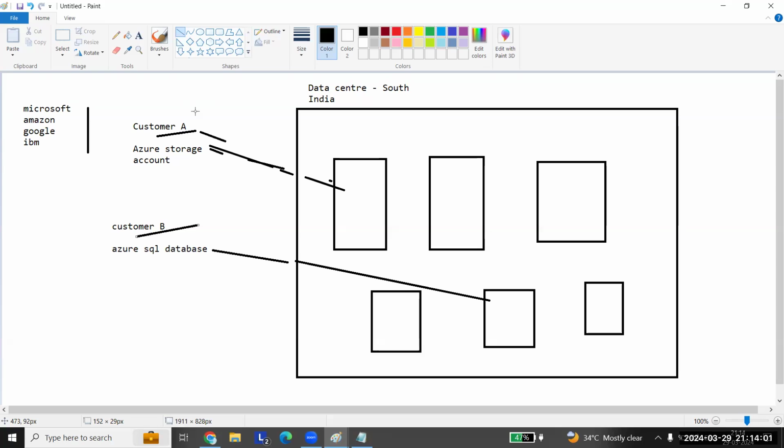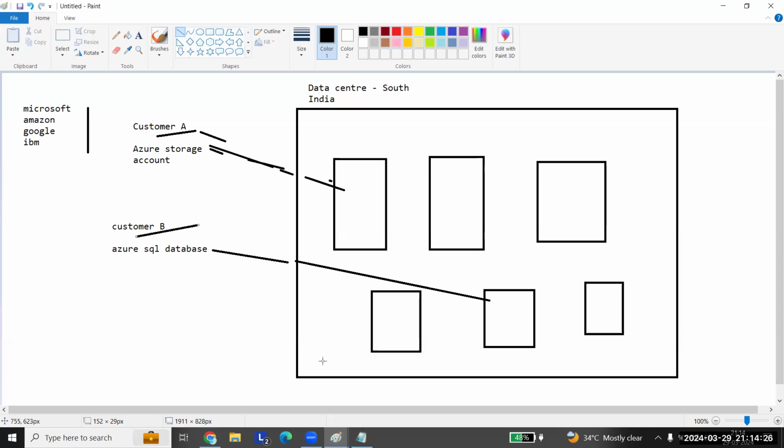There they have some towers or ODCs to get the resources created. And because it's public, everyone from any part of the world can create resources. So no one is allowed to go to the data center, even the people who have resources in the data center. Okay, so this is public.